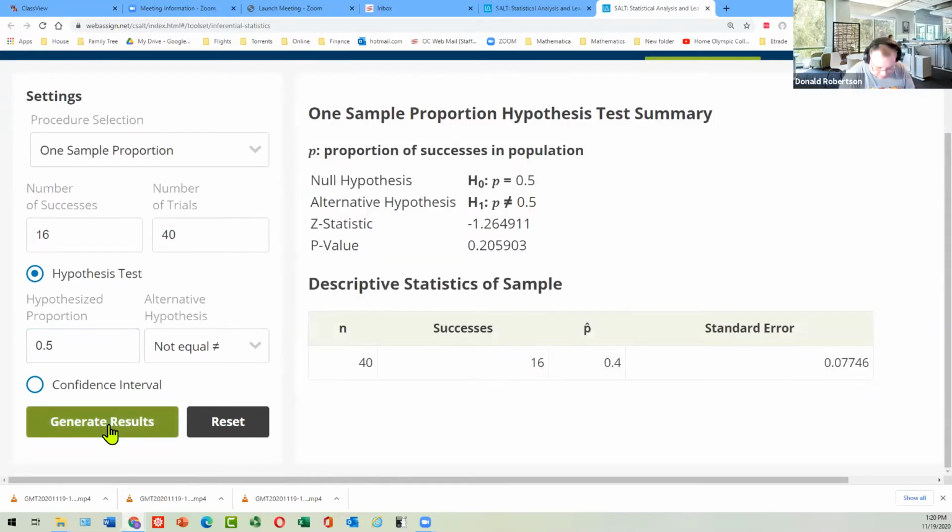And the stuff that we have here is pretty much step 1's done for us. Can you see the null and alternate hypothesis? There's my Z statistic, but much more important than that, here's my p-value. And in this case, the p-value is 0.205903, and the Z statistic is negative 1.269. So let's see what that looks like